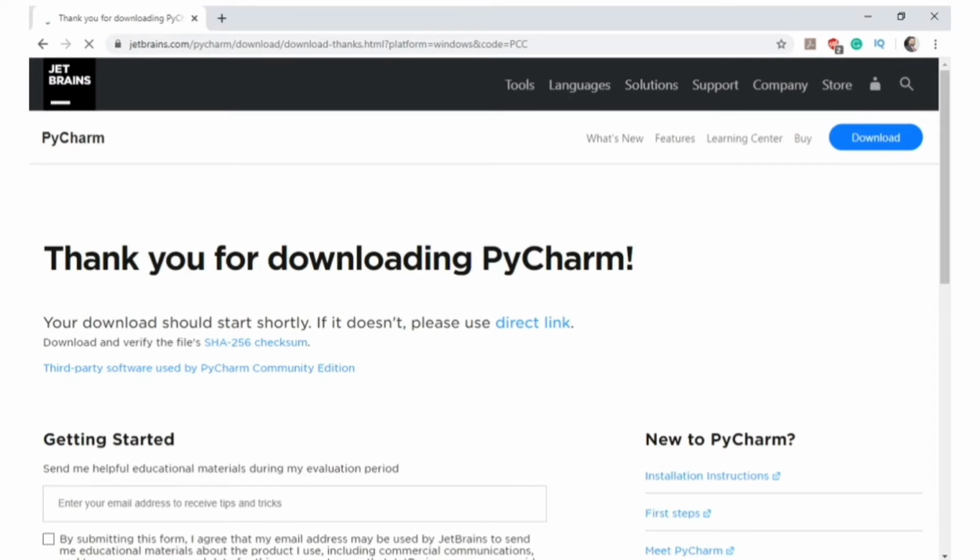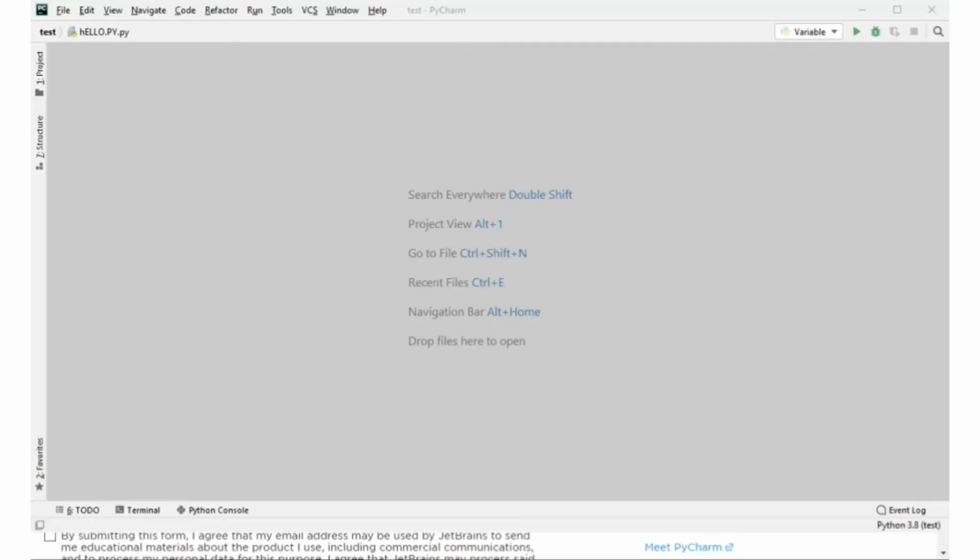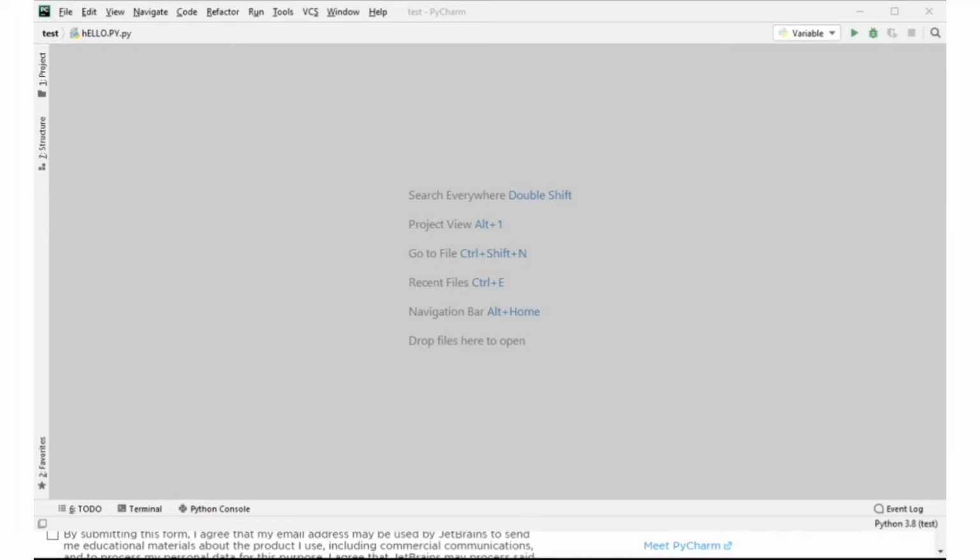Now let us understand how PyCharm works and see what it offers. Alright, so you can see this is PyCharm where you can code. This is a code editor, and it has the functionalities of a very good IDE. We'll begin with the basic thing. You have to go to File, New Project. This is where a new project will be set up.